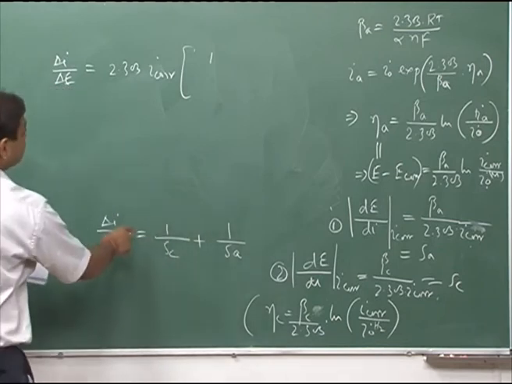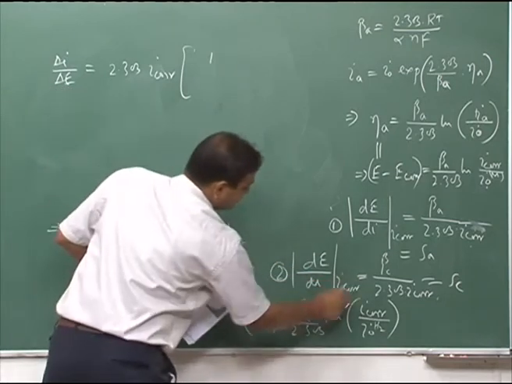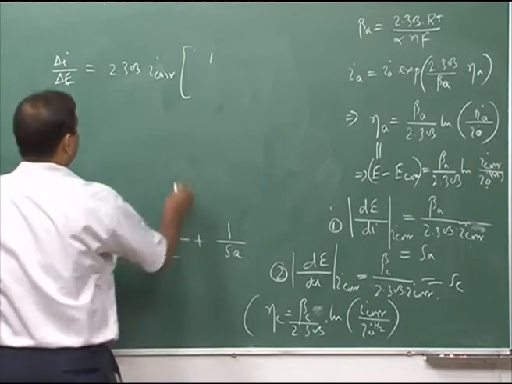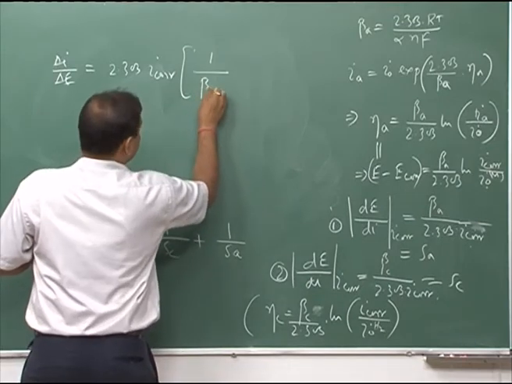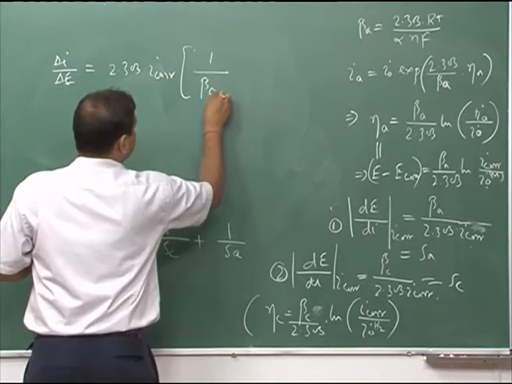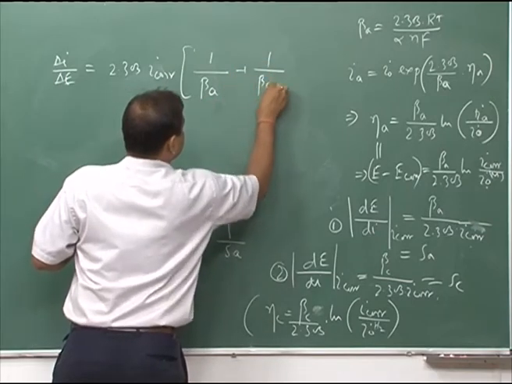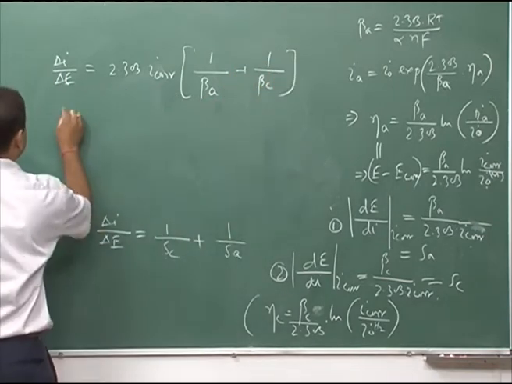So, del I, this would be I corr times 1 by beta A plus 1 by beta C,